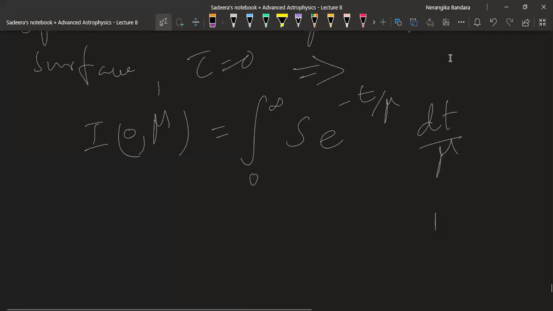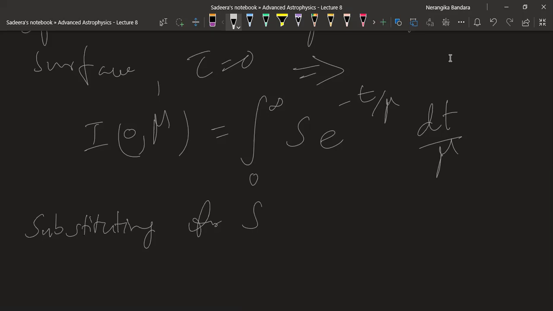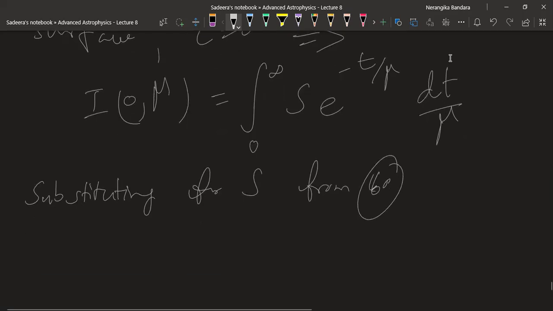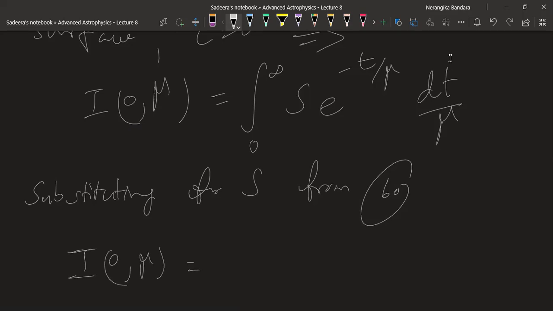And next, substituting for S from equation number 60, you're going to get I equals 3F by 4 pi, the integration of S, we're going to have